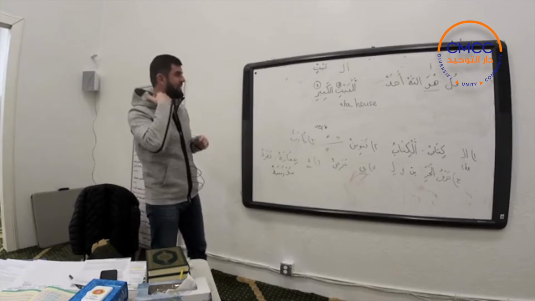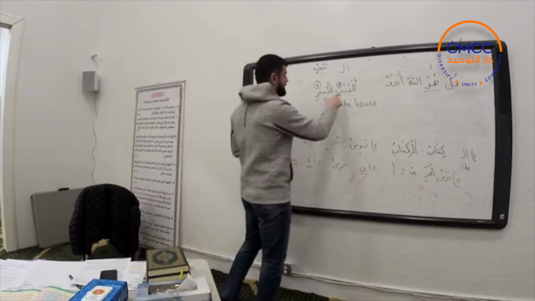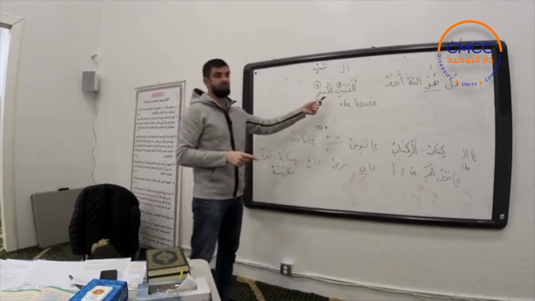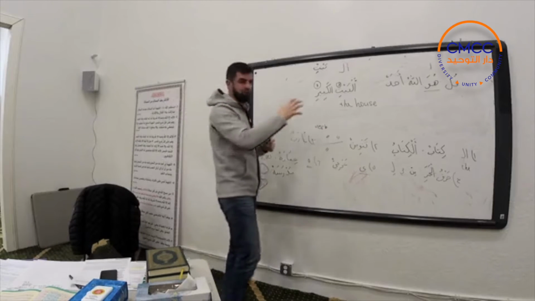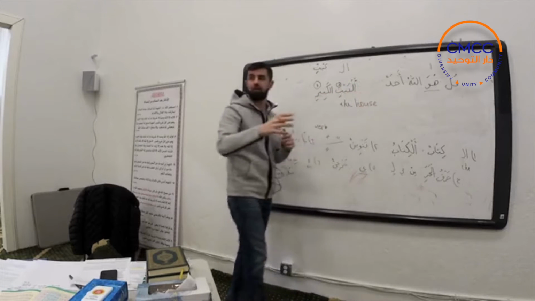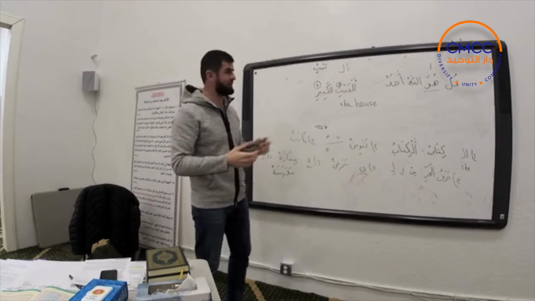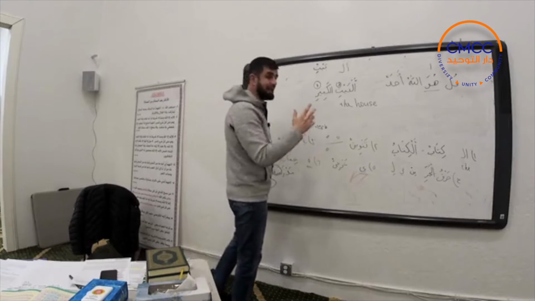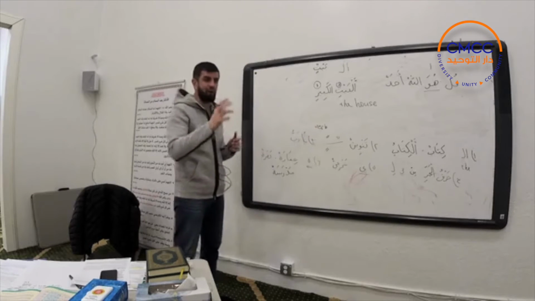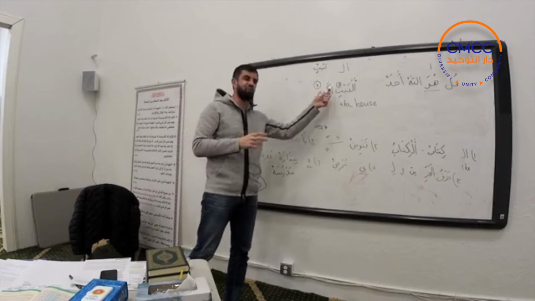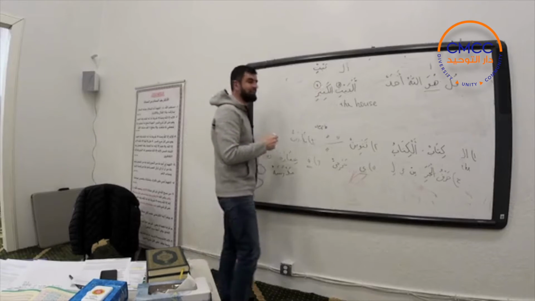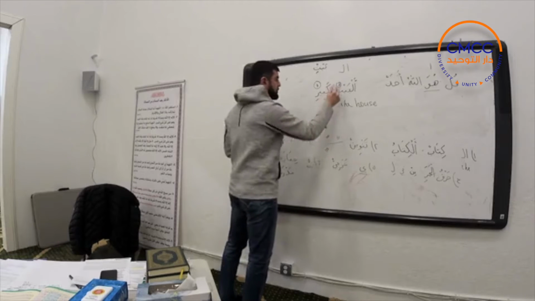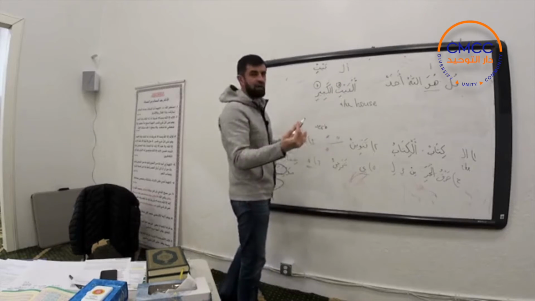I'm maybe running forward a little bit, but in order to make this noun kasra, we have to put some, what? Harf, exactly, preposition. Of course, I'll explain it later on, okay? So right now we have to know that al, the definite particle, is canceling tanween, okay? So tanween becomes either damma, or basically a vowel.